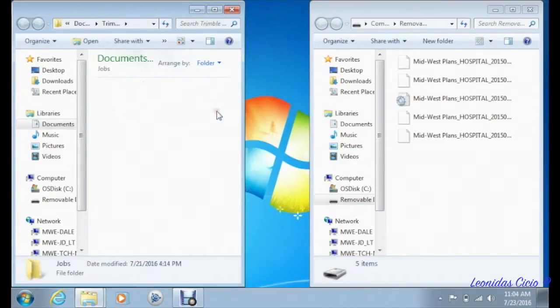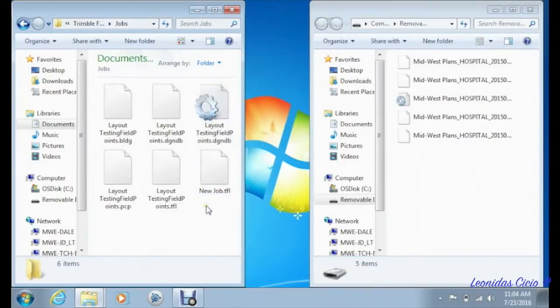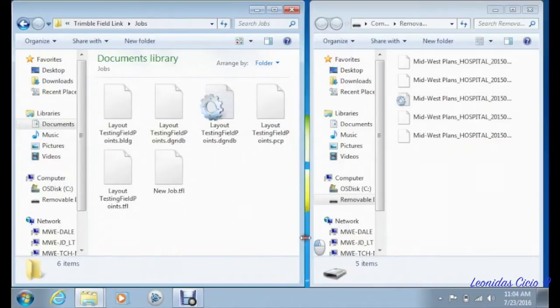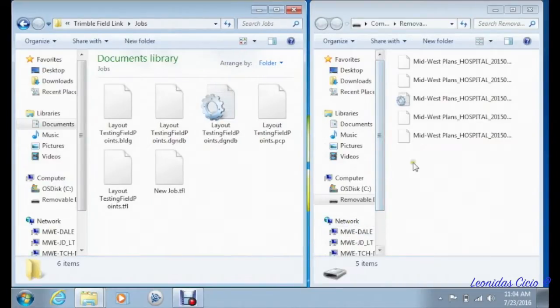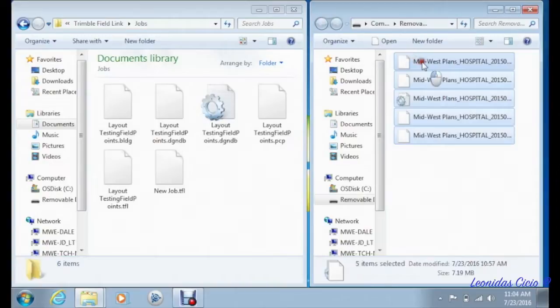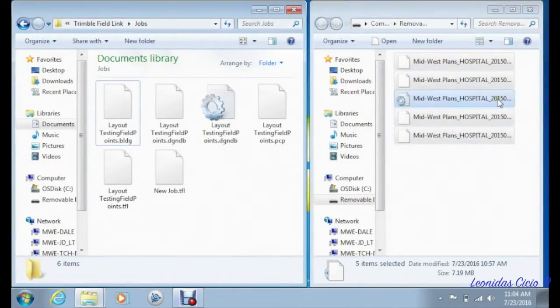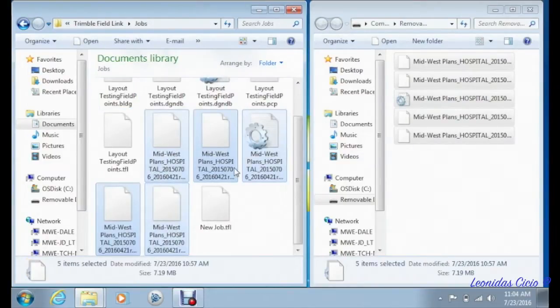This folder is where the Trimble finds all of its jobs. It's important that we add all files to this folder. We're going to copy all the files from the flash drive, drag them and drop them into the Jobs folder. We're now done with this step. We can close these